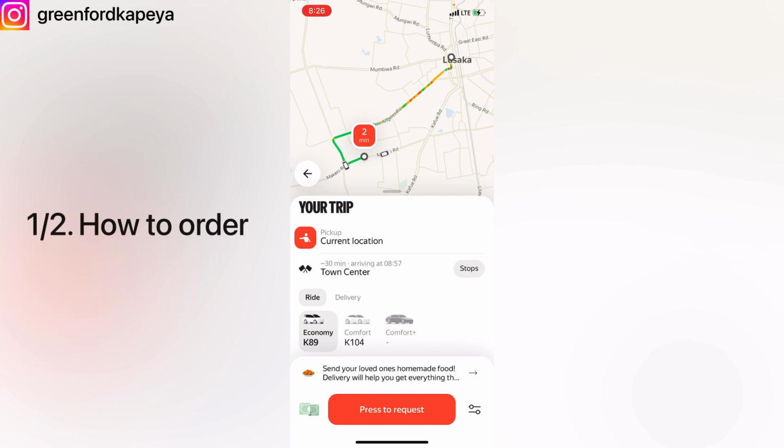And if it's your first time using the app, there is what's called a promo code. So instead of ordering this ride at 89 or 104, you can order this ride at a reduced fee if it's your first 3 times. So how do you reduce the price? So I'll go back,